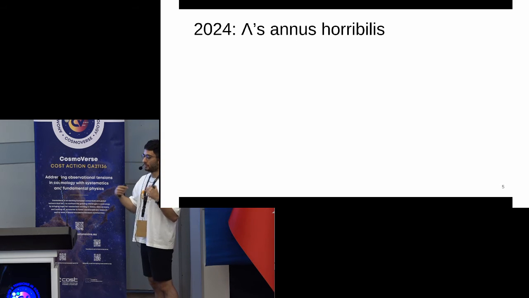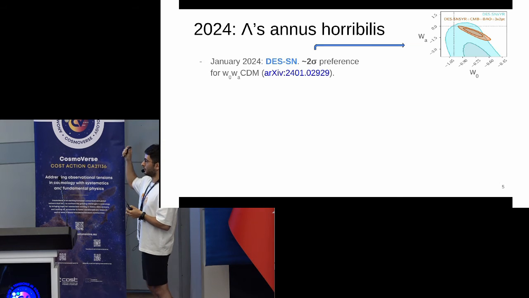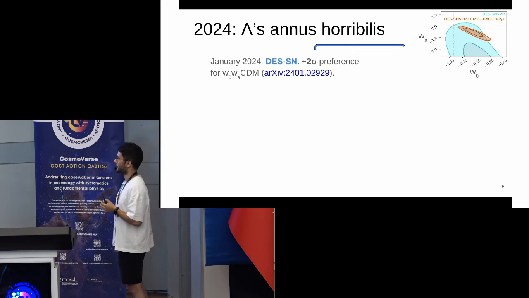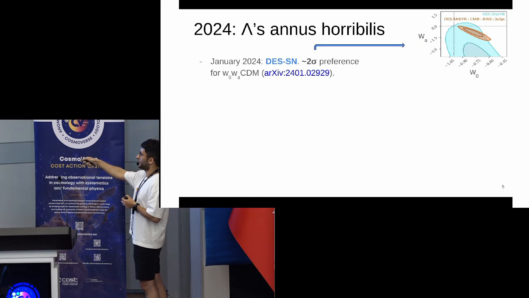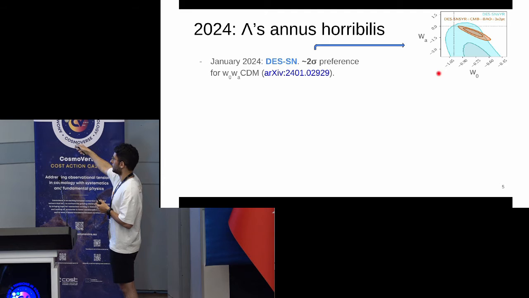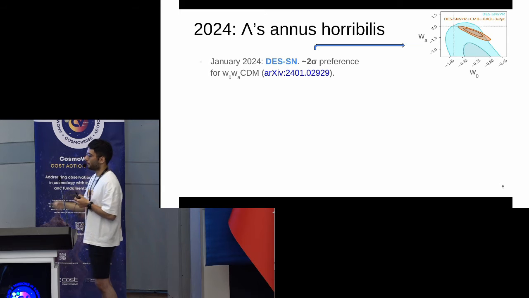So part of the motivation for why we did this analysis in DES is because of everything that happened in 2024. So the first thing that I wanted to highlight is that in January, we released the latest Dark Energy Survey supernova results, meaning the 5 years of supernova survey. And we found a 2 sigma preference for w0wa cosmology, or 2 sigma tension with Lambda CDM. Here you can see the w0-wa plane, and this is where Lambda CDM would lie, at w0 equals -1, wa equals 0. And this is a result that we found from purely supernovae, the blue one, which is almost in a 2 sigma tension with Lambda CDM.